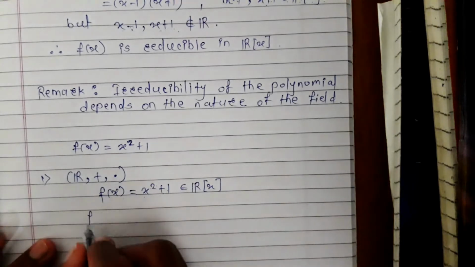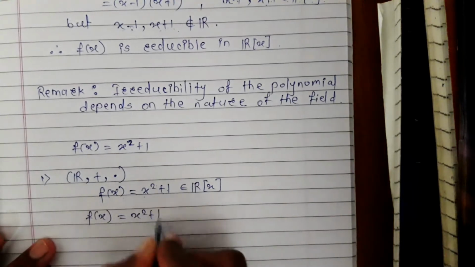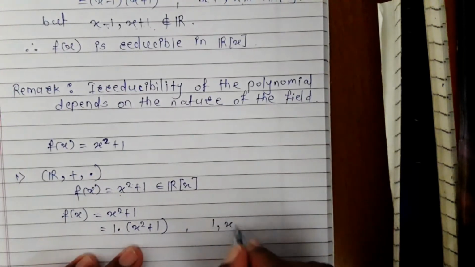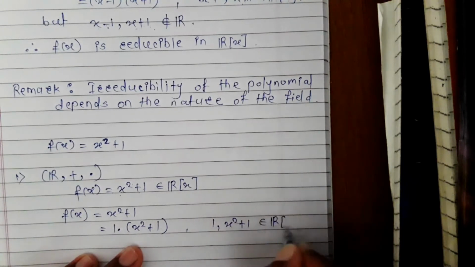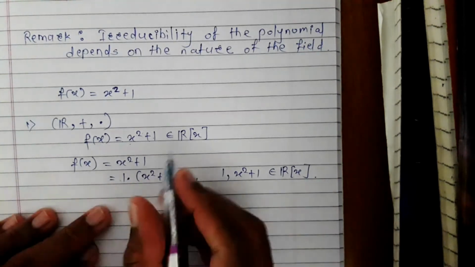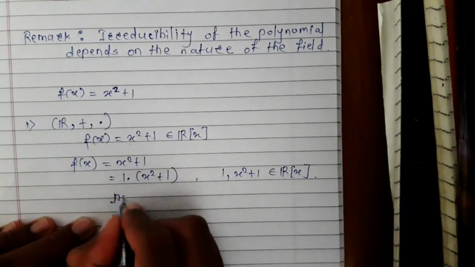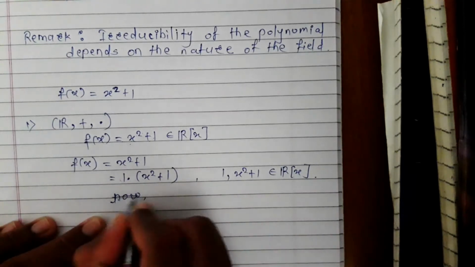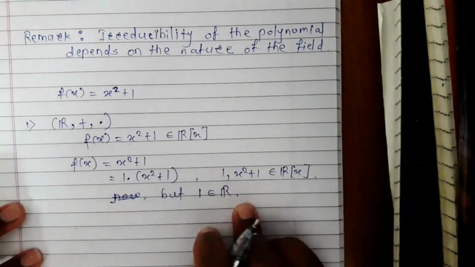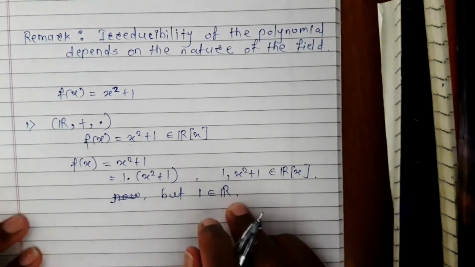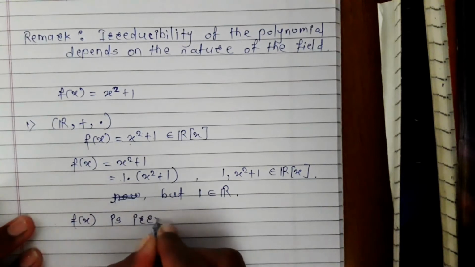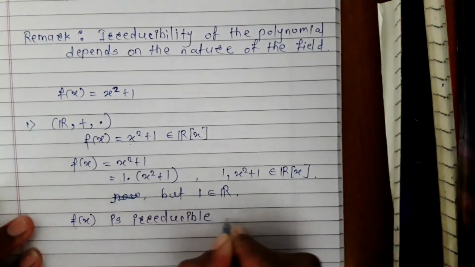But the only way to write f of x is equal to x square plus 1 is 1 into x square plus 1, where this 1 and x square plus 1 belong to polynomial ring Rx. But this 1 is a real number, that is, 1 belongs to the set of real numbers. Therefore by the definition of irreducibility, we have f of x is irreducible in polynomial ring